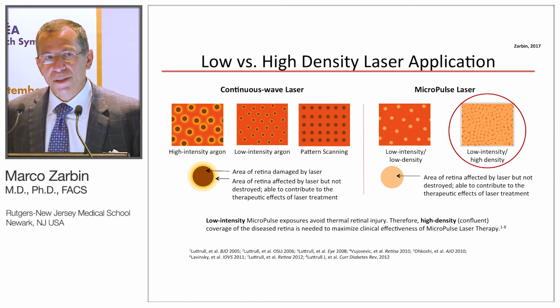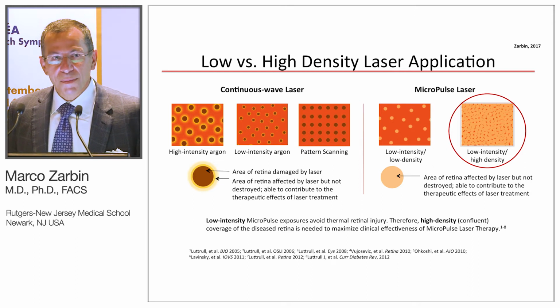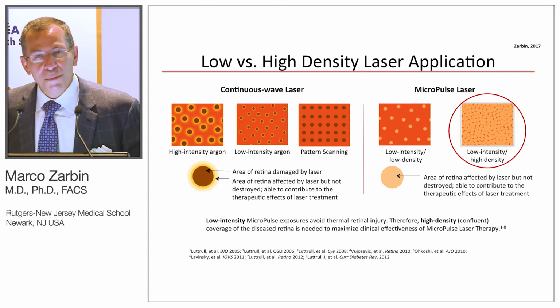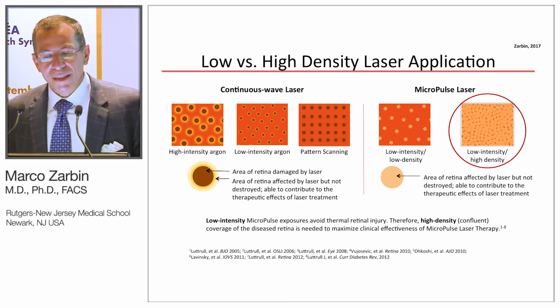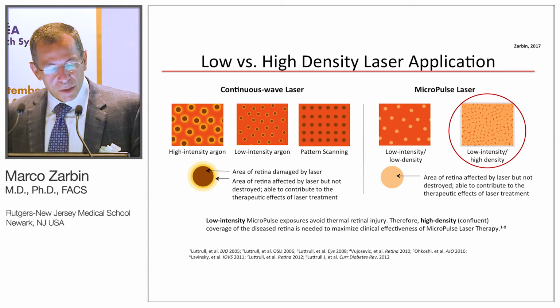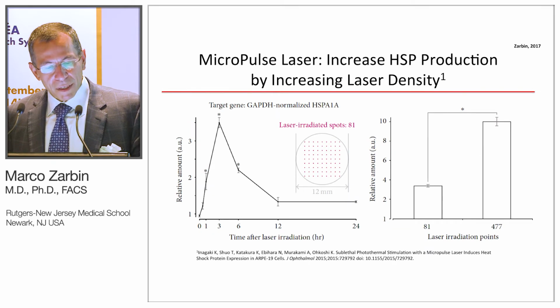So if you're a person of my generation, you might be very reluctant to do high-density treatment, but in fact, it's high-density treatment that gives the greatest therapeutic benefit. And you don't need to worry about it because this is not killing the cells if you've done the procedure correctly. Now this slide shows the amount of heat shock protein on the y-axis as a function of time when